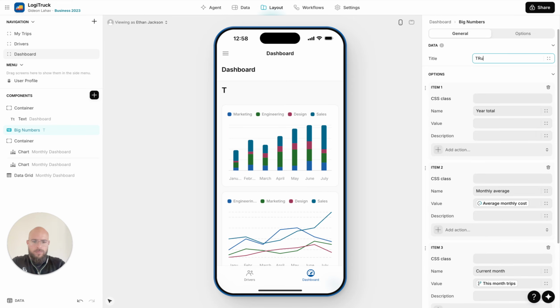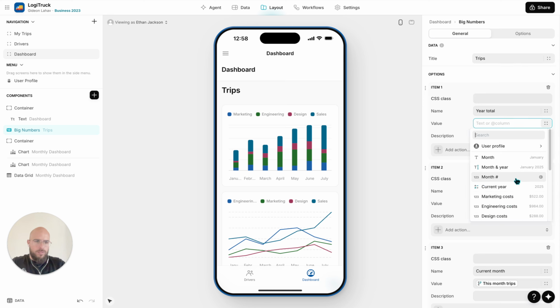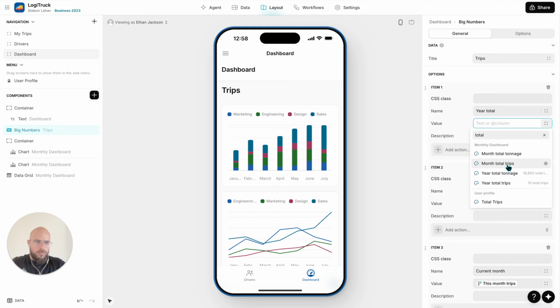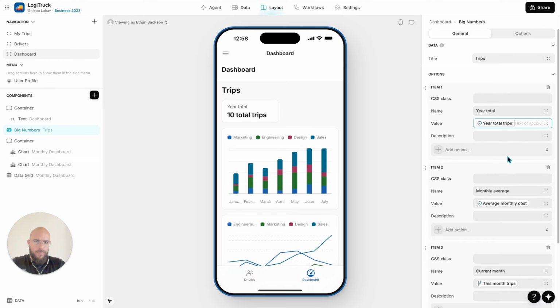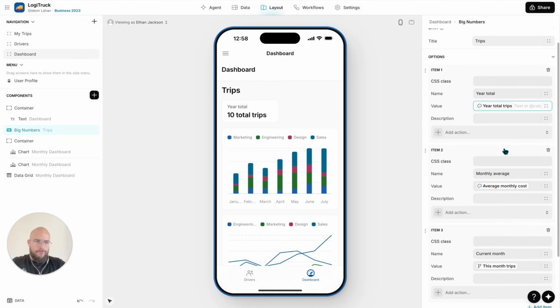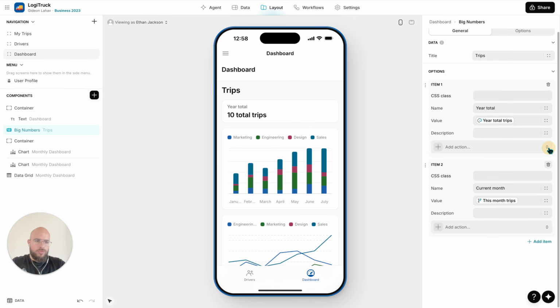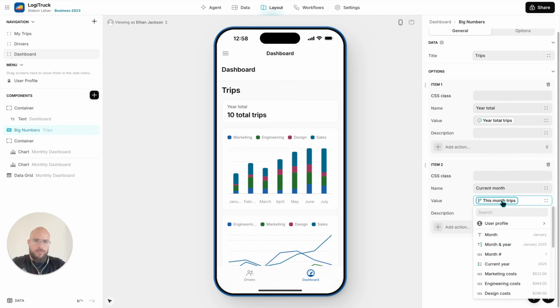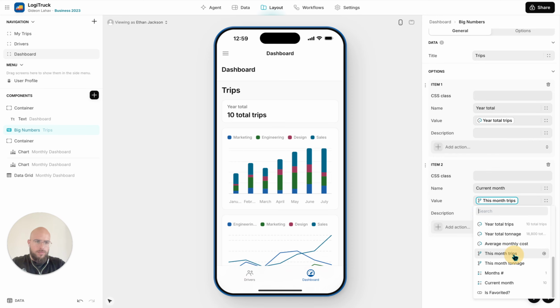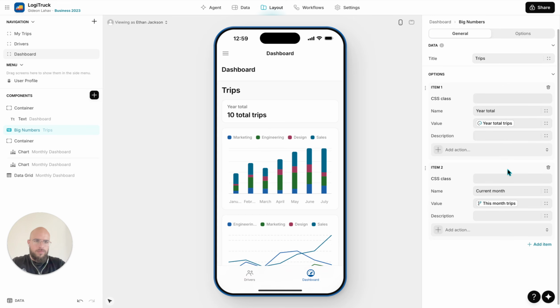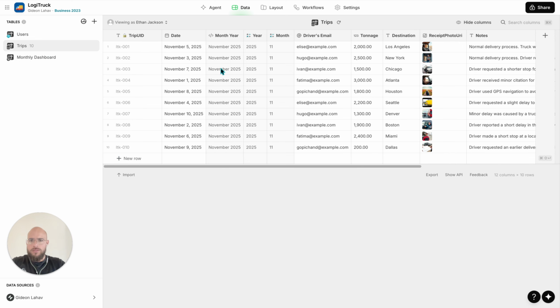So we can have trips, and this will be the total trips. Monthly average, unfortunately we cannot do it, but this month trips, we don't have one because we are in October, but if we're gonna change at least one number here,